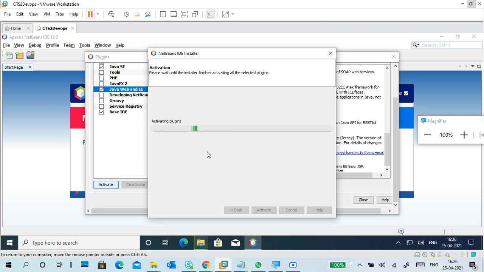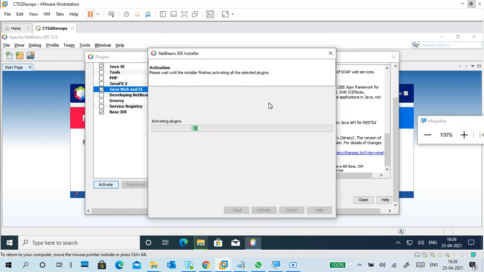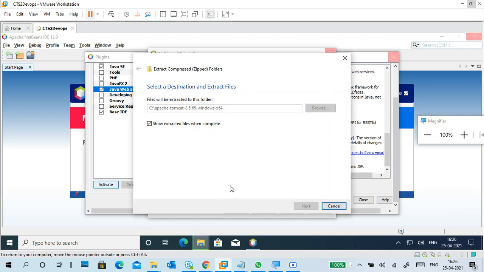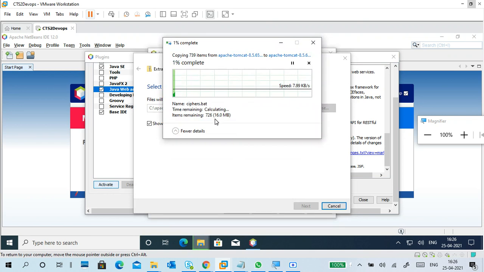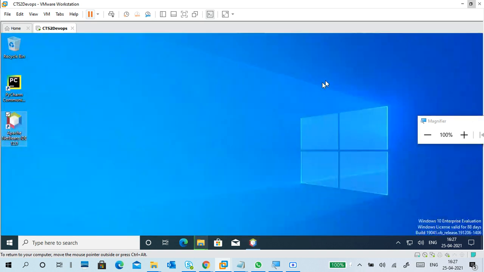So it's taking time and touching time. 16 MB. Windows D.